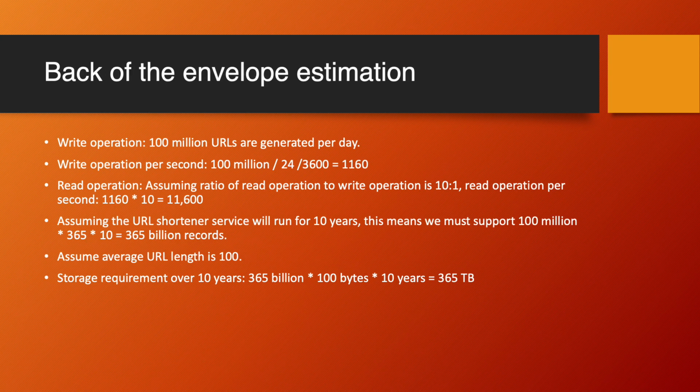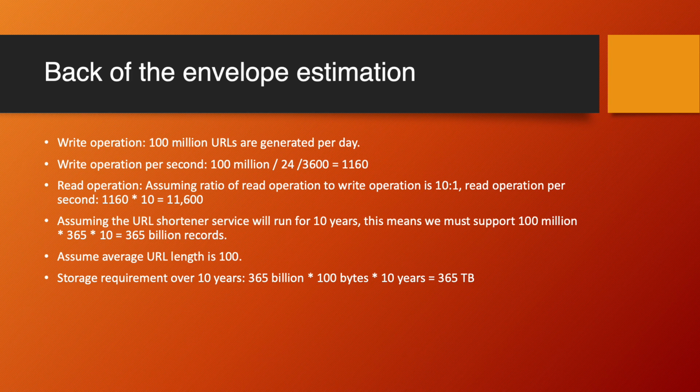So let's do some back of the envelope calculations for the requirements laid out in the earlier slide. Here we have write operations, like 100 million URLs generated per day. Write operations per second would mean around 1100 requests per second. Then for the read operation, if you assume a 10:1 read to write ratio, it might mean around 11,000